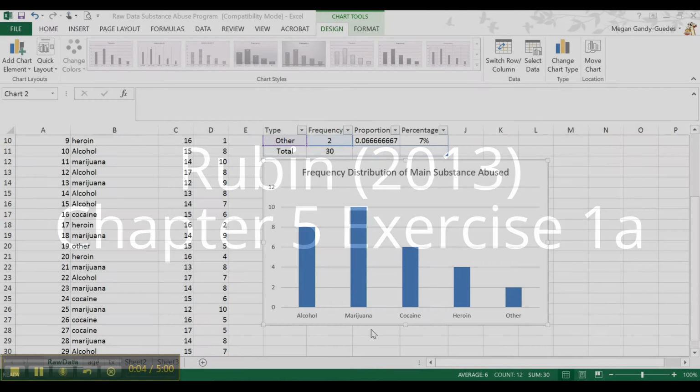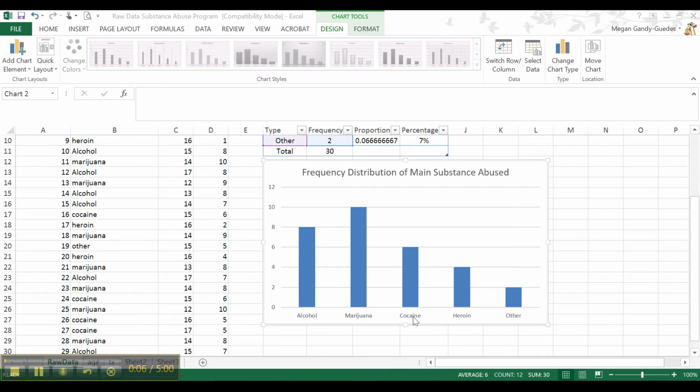I got cut off on my last video, so we were just talking about the different labels of this chart. So we want to change this around. We renamed the chart title, but now we want to look at the labels for our different axes. Here it's already filled in the labels for our categories, which is great, but then we need to tell it